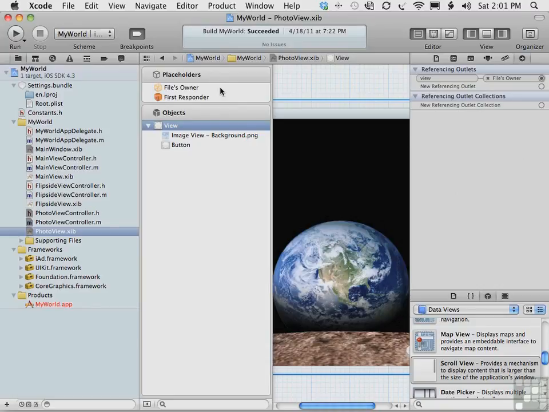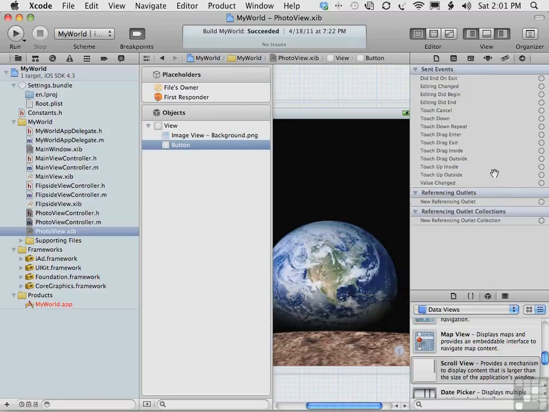Now we want to do something similar with the button. Now the button is an action, and the action sends an event. And the action we want is the touch up inside action here. So that when they tap it, it's only when they release the finger that it actually sends the event. It's just like the light info button on the main view. It does the same thing. It uses a touch up inside. So we take this touch up inside event and we attach that to the file's owner, and up pops our